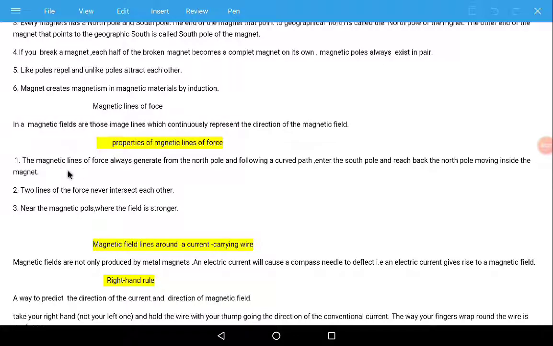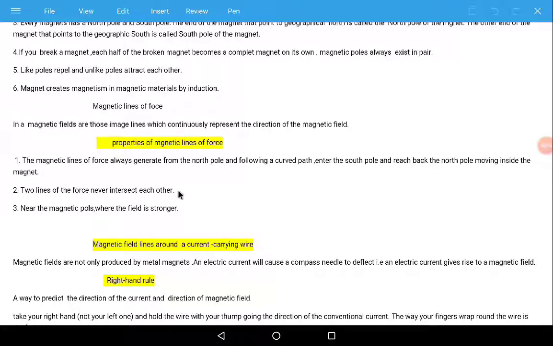The magnetic lines of force always generate from the north pole and terminate at the south pole outside the magnet, and enter the south pole, then reach back to the north pole, moving inside the magnet. Now the second one: two lines of force never cross each other or intersect each other